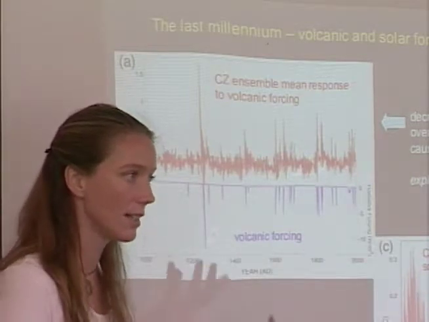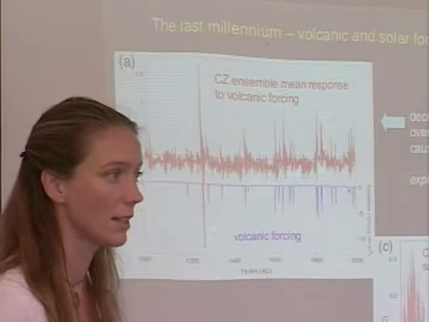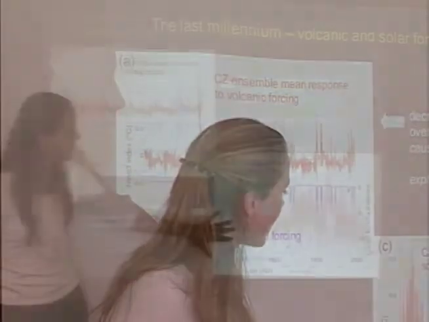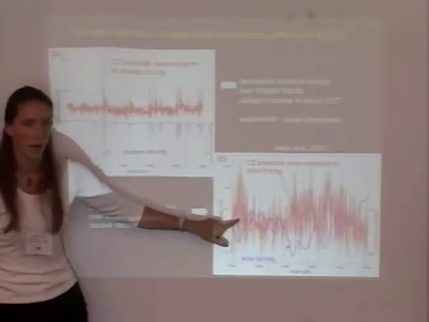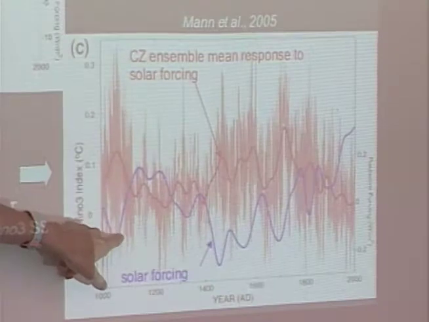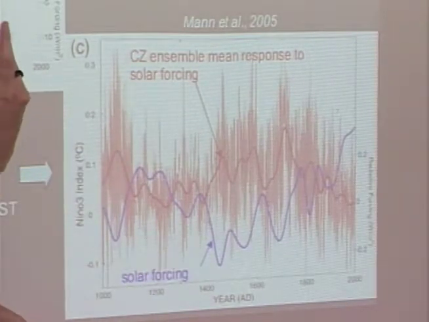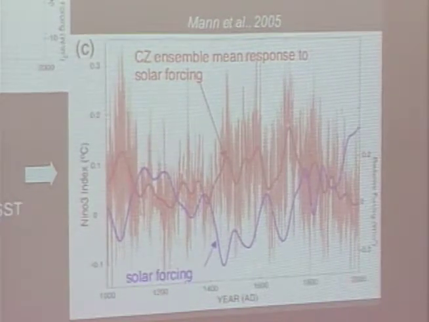And you can see that even in the model, they have a response that is El Nino-like to large eruptions. That does go in line with the proxy-only study I just showed you. That's what they saw in their model. And here you can see the solar forcing in blue, the ensemble mean response of the model in red. What you can see is an inverse relationship, where you have increased solar radiance and a decrease in the Nino 3 index, in a mean sense.